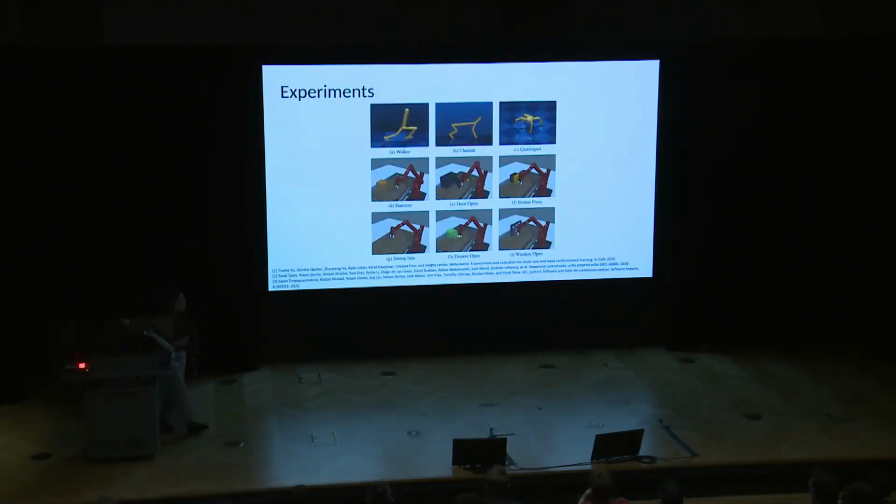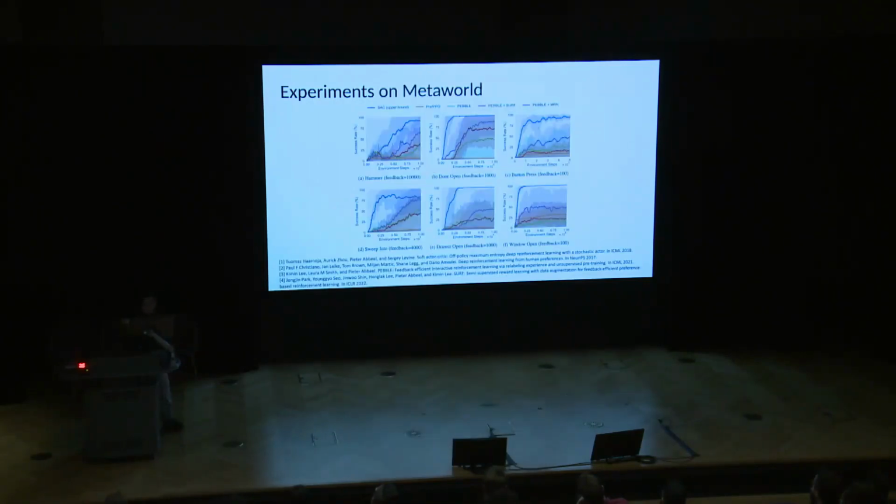And so for the experiments, we have tested this framework on robot control tasks. We want to control these robots to learn to use a hammer, or to open the door, or to press the button, from this kind of human preference data. And then here are some experiment results.